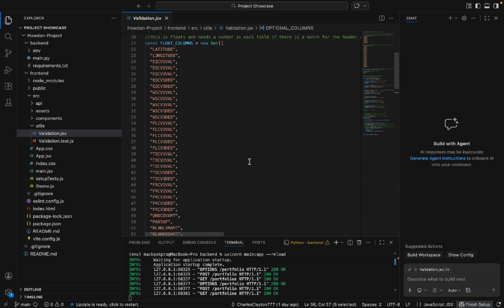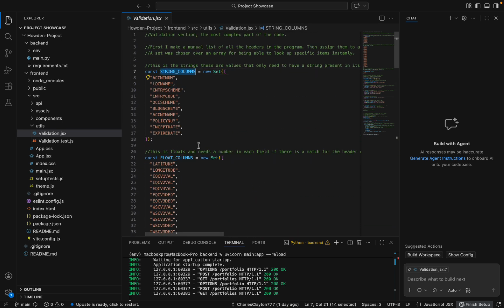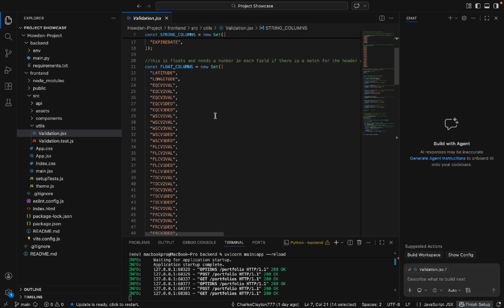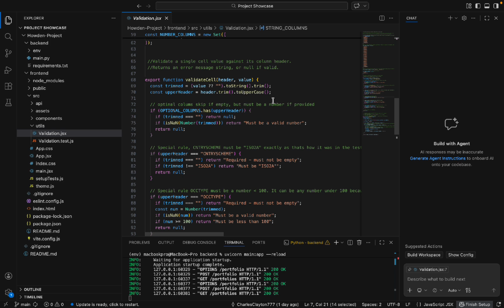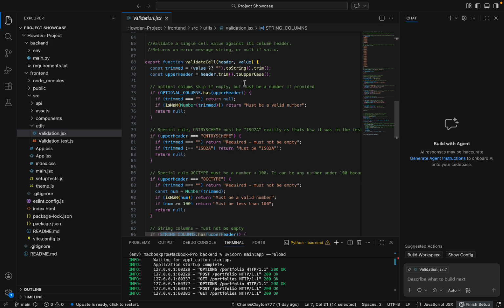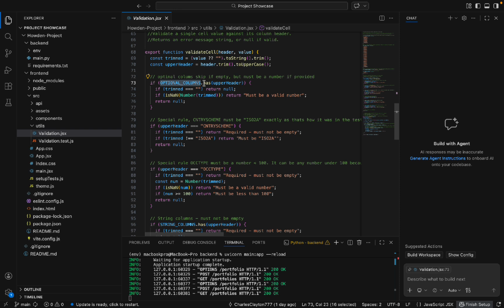It basically allows me to set up a rule for all of them to follow, which then gets used in a function called validate cell later, just to validate what the error is, so it knows what to show against each cell in the edit section. It's pretty simple what validate cell does. It just checks against the current header that's being put inside of validate cell, because it goes cell by cell for each cell in the actual CSV file, and checks if the header meets one of the